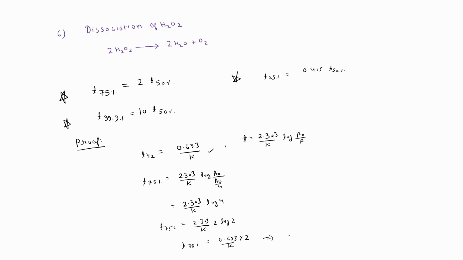So which is equal to T75% is equal to 2 times T half. हो गया प्रूफ, हेंस प्रूफ। दूसरा भी देख लेते हैं। दूसरा दूसरे कलर में देखते हैं, ब्लैक कलर मजा नहीं आ रही है। दूसरा आपको बोल रहा है